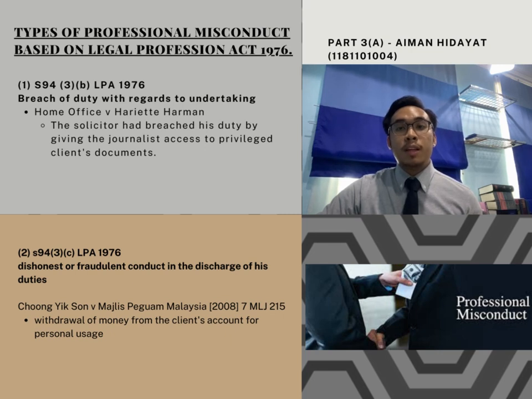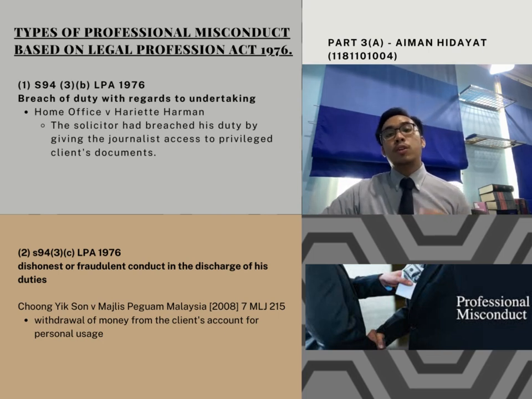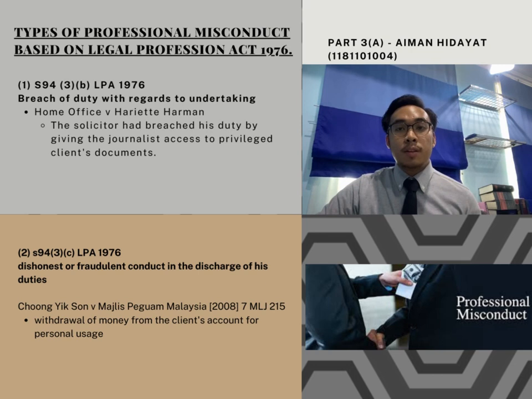Furthermore, he submitted that his act was neither intentional nor fraudulent, and the court dismissed the appeal and held that the withdrawal and utilisation of client's money, notwithstanding the circumstances under which the acts were committed, were nothing short of dishonest and fraudulent conduct within the meaning of Section 94, Section 3C of the Act. So although he did repay back the amount, it makes no difference to the fact that his initial action was certainly illegal, and as a result he was struck off the roll as an advocate and solicitor.